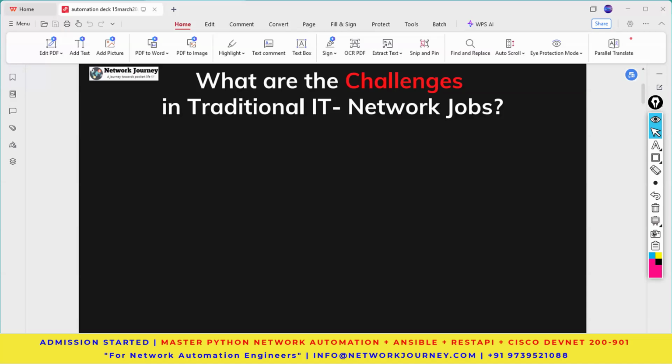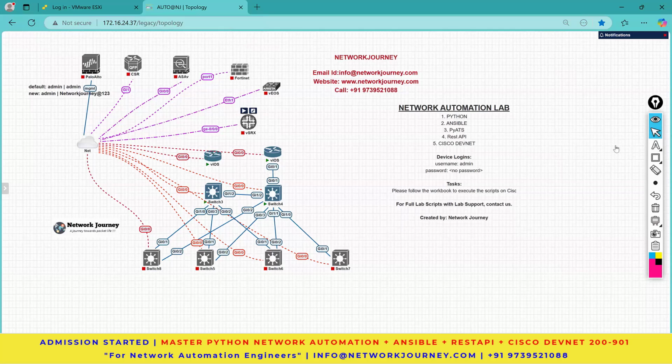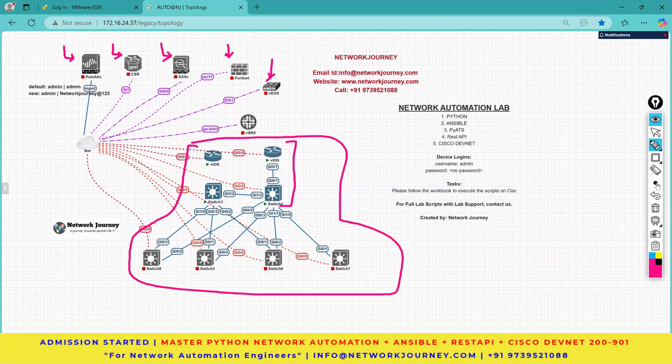Okay, before going to the technical part, let me show you how the lab looks like. This is where you will receive nodes like Palo Alto, IOS XE, ASA firewalls, FortiGate, Arista, and Catalyst router switches. Also feel free to ask for more nodes, and we will give that to you without any extra